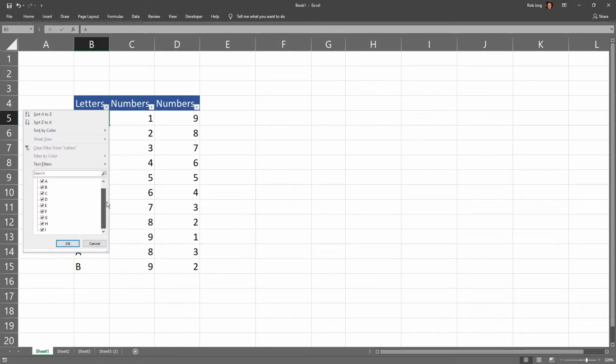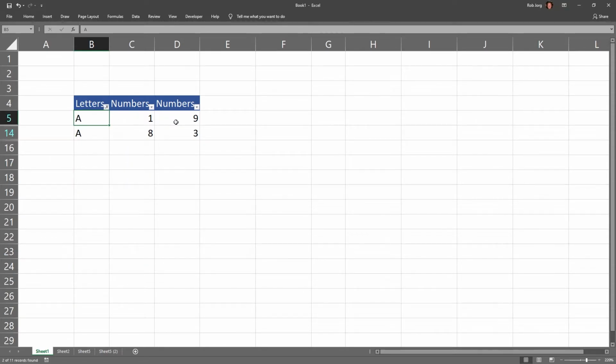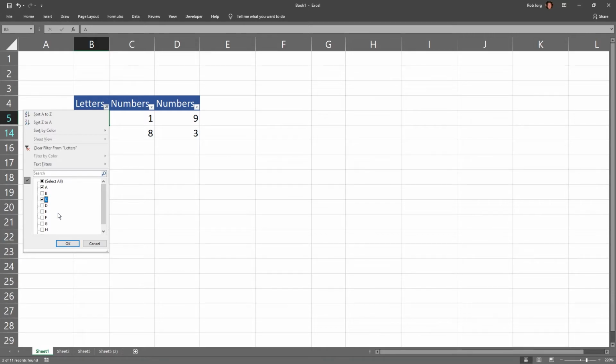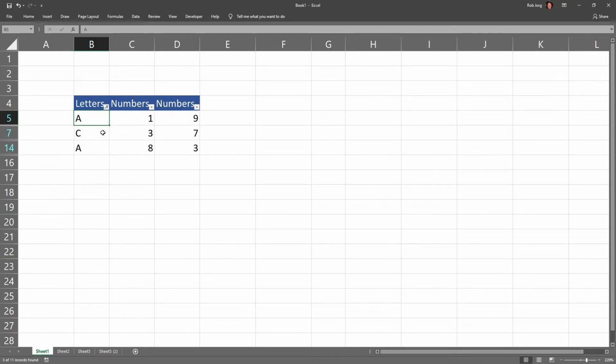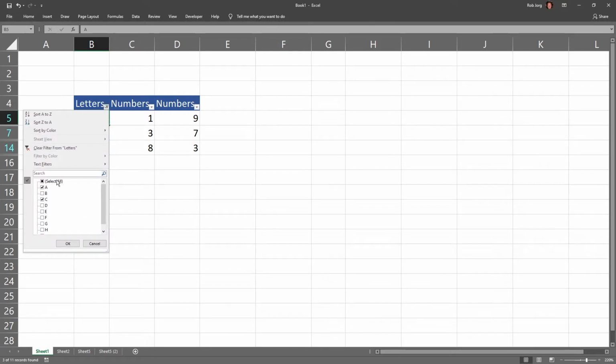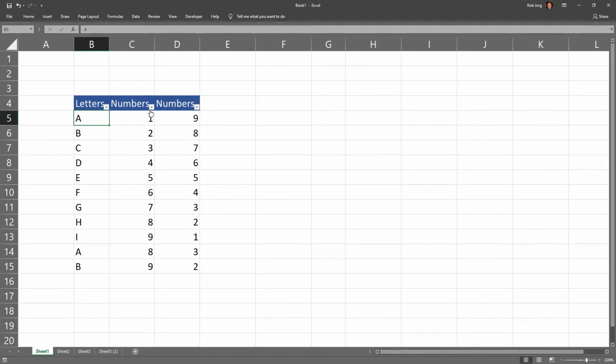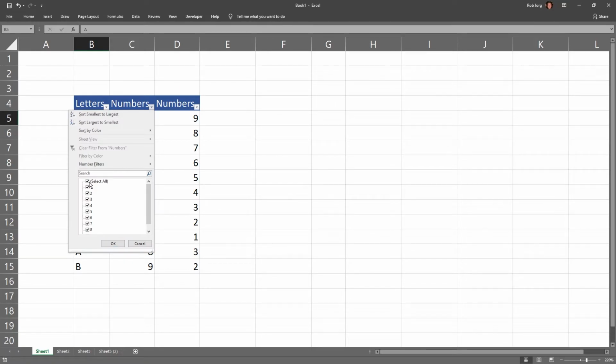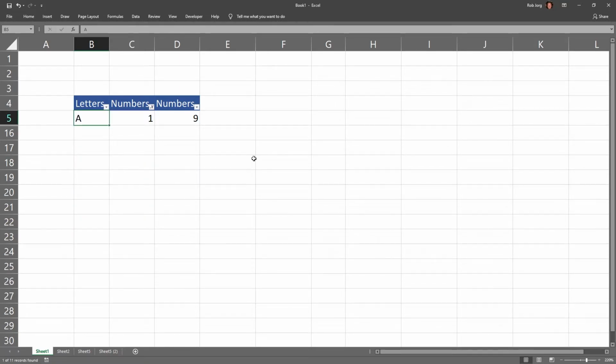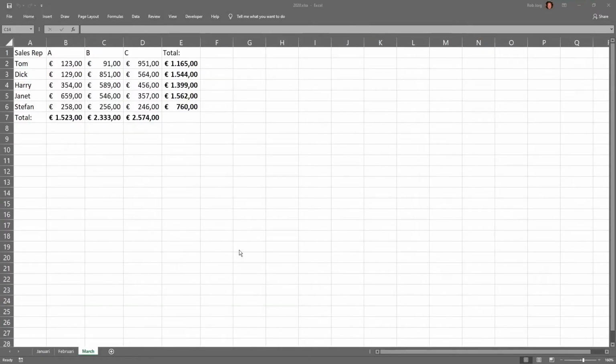And now you want to filter based on not all, but just A. And now you filter out everything in this column under the letter A. You want to add a letter C. Now you get A and C. You want to use different criteria. What do we get? Just one. So that's filters.